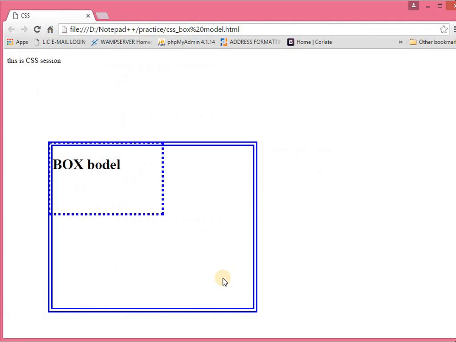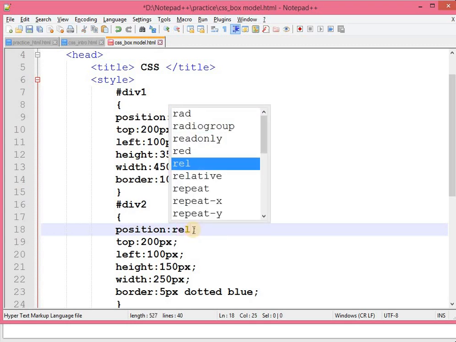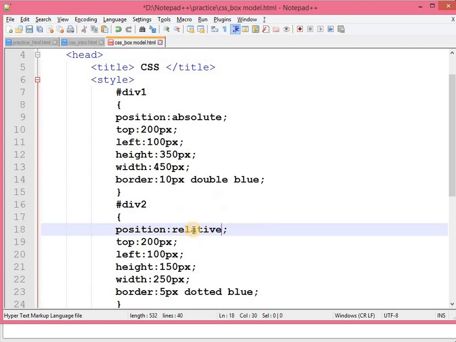You can see that I have set the position for both div tags as absolute, and the position was also fixed. This is also 200 and 100. But if I make it relative, you can see the difference.